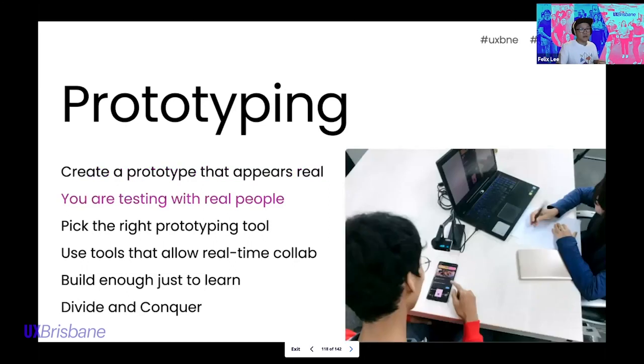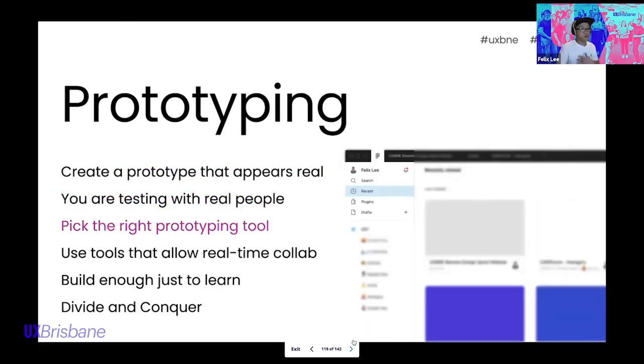Next up, we have picking the right prototyping tool. What you see here on the screenshot is Figma. It is one of the tools that I'm most comfortable with, most familiar with, and that is what I want you to get out of this: choose the tool that you're most comfortable with. If it's paper and pen, that's fine, but it could be a little bit difficult with this whole remote situation, though it's still doable.